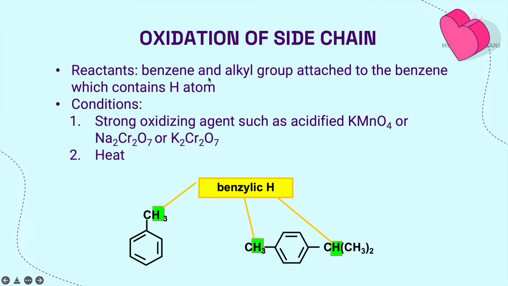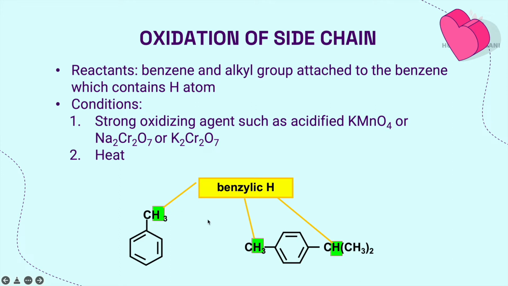So oxidation only happens at the side chain of the benzene ring, because we know that this benzene ring is very stable. It cannot undergo oxidation. The benzene ring is very stable, so it only occurs at the side chain. So whichever carbon of the side chain of the benzene has benzylic hydrogen, it has a hydrogen atom, it will undergo the oxidation. So you look at the side chain of the benzene ring, the carbon that has a hydrogen atom,